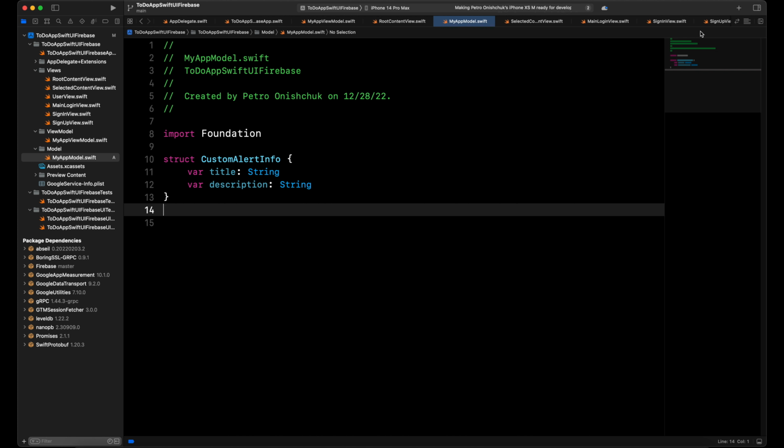Next, I want to create a string extension. With this extension we can check if our email is valid, and also with this extension we can check if our password is valid. For example,